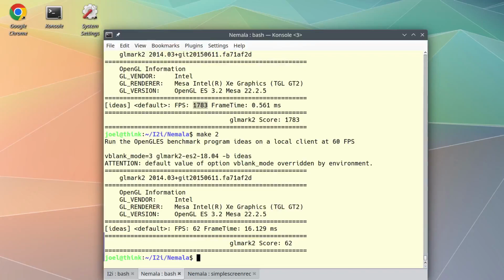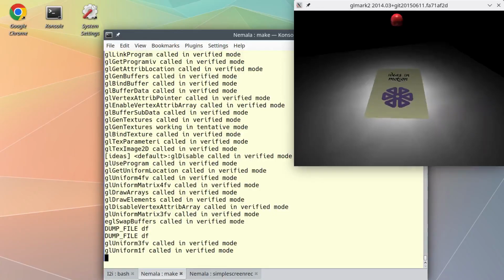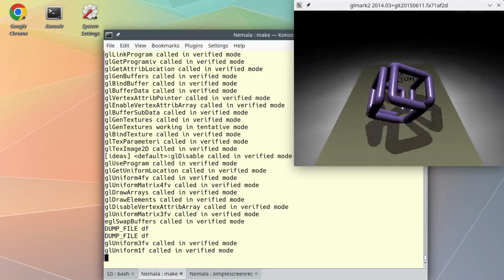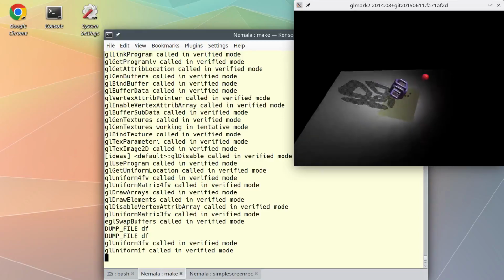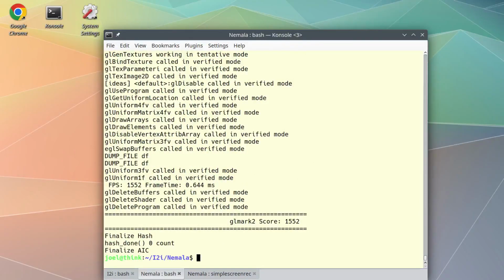Okay, so now we want to run an unconstrained frames per second and generate a command stream. So it's make 3. What we do here is we run it, and it'll run it with many frames per second, over 1,000, close to 2,000 frames per second. If we just run it, if we just read that file that was generated,